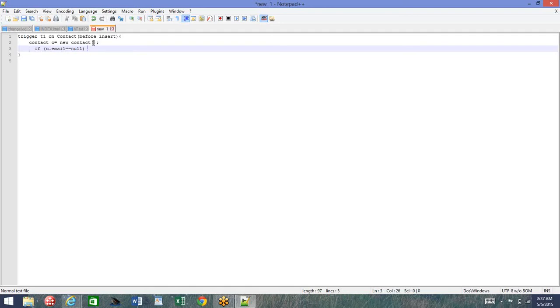So for that we need context variables. Now since you have written it, you understand why we need a context variable. If I get a context variable, I can simply compare whether the email is null or not, and then write my own logic. Then I don't have to define a new SObject, because a new SObject is not required here. Now let's come back to my screen, and we will see the context variables next.